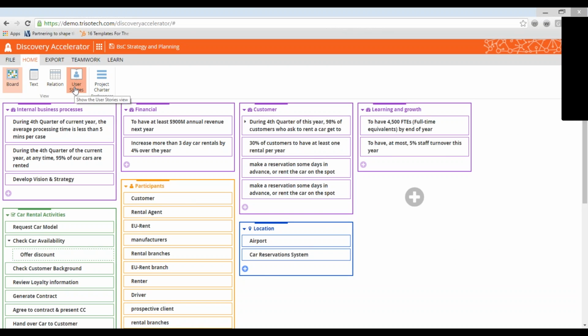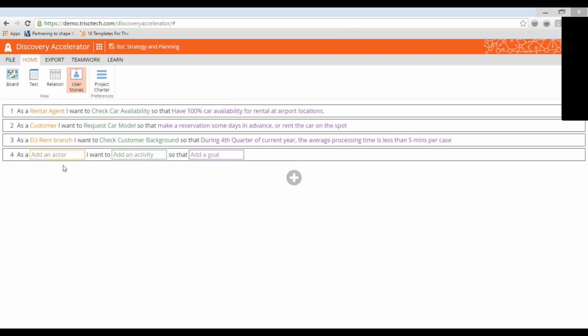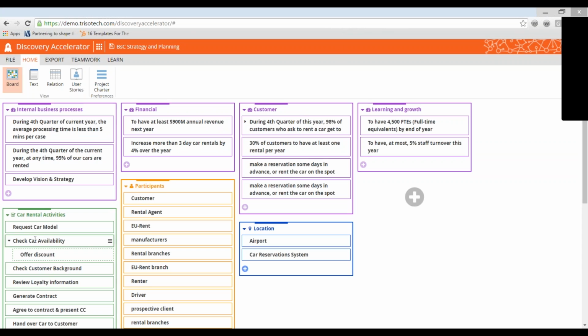Another very popular feature that business users like to use on the Discovery Accelerator is using user stories. And this was a method that was made popular by the Agile methodology people. And as you see here, it's a very simple strategy. You just use a simple story. You start with an actor, activity, and a goal. And this adds your user story and ties the activity and goal and the actor on the back of the